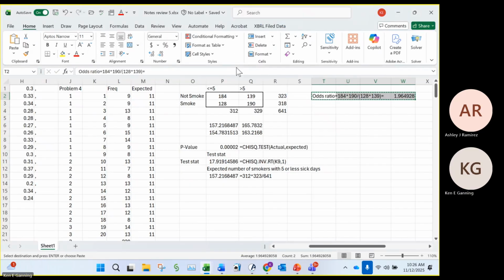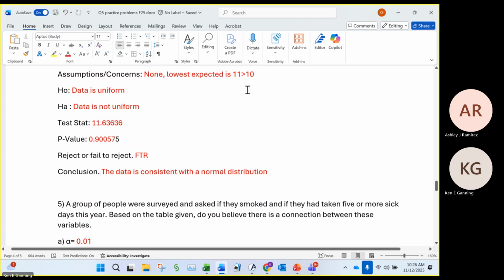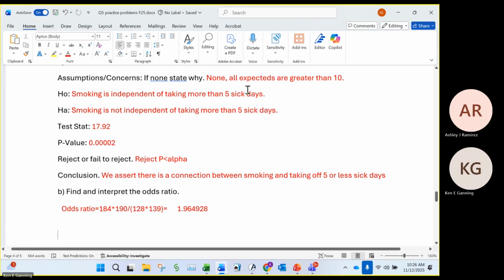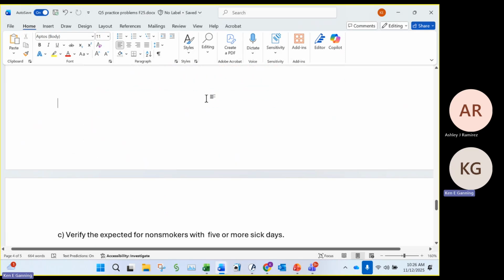Because I have equality at 5, you could say more than 5, or you could say 5 or less. If you said taking more, that's true too. But the reason it's 5 or less is because this is 5 or less. If I had the equal sign here, then it would be 5 or more. And up here, I have taking more than 5, but strictly more than. Okay, so interpretation